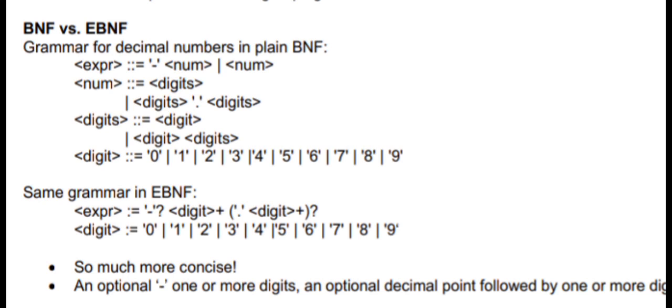| 8 | 9. Same grammar in EBNF: expression ::= negative? digit+ | digit+ . digit+ ... Digit ::= 0 | 1 | 2 | 3 | 4 | 5 | 6 | 7 | 8 | 9. So much more concise: an optional negative, 1 or more digits, and an optional decimal point followed by 1 or